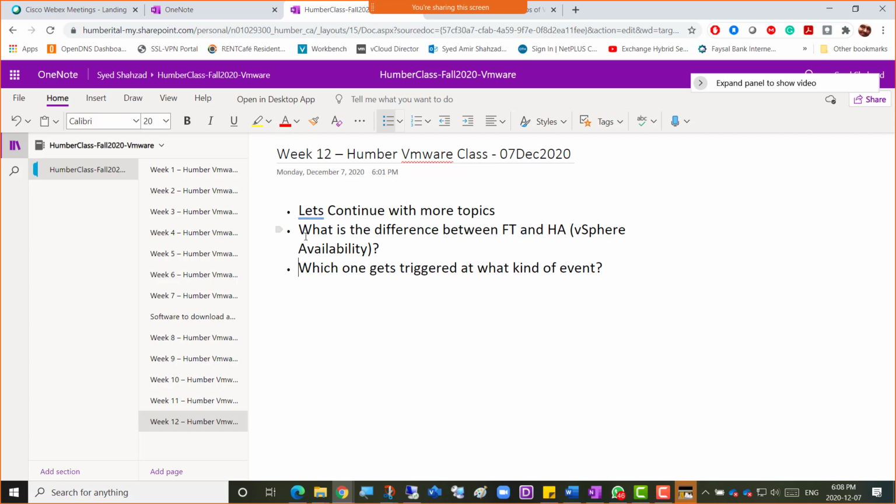So when does vSphere Availability get triggered, what happens, and HA starts its process and mechanism, and what happens when FT starts its mechanism or process? So which one gets triggered at what kind of event?